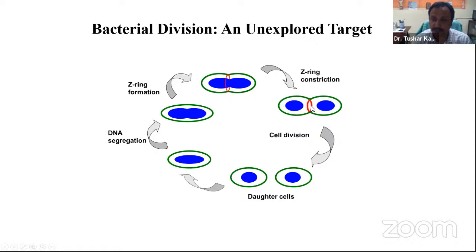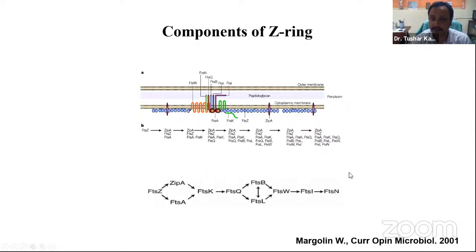Okay, so this ring looks simple, but it's quite complex. There are at least 30 proteins, some say more than 30, known to be part of this Z ring, and this Z ring also coordinates with other cellular processes like peptidoglycan synthesis, that is cell wall formation and breakage, motility, and DNA segregation. All these independent processes have to be coordinated, and how this coordination happens is still not fully understood. We know a little bit here and there, but there is a lot still to discover.